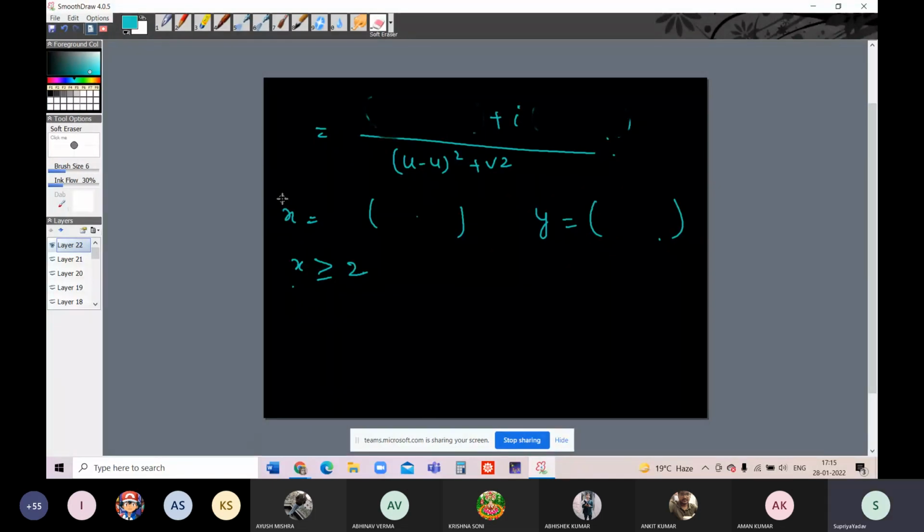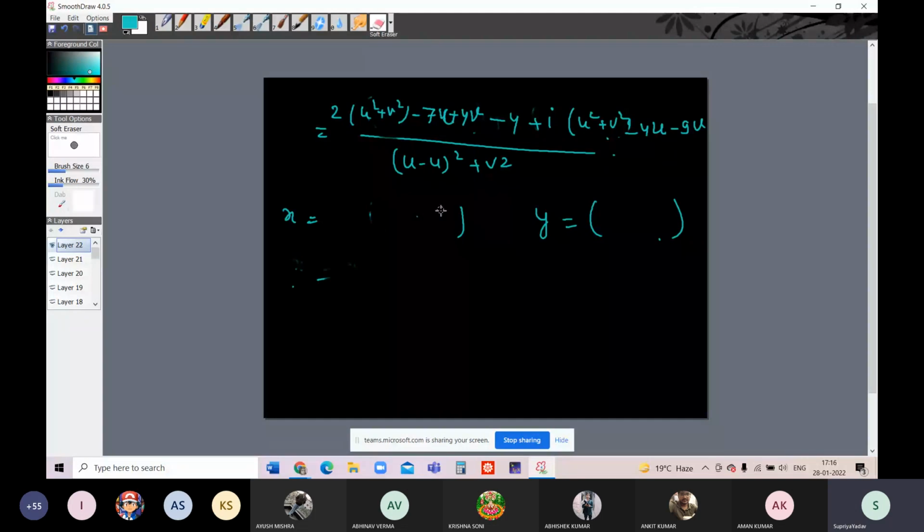We will get 2(u² + v²) − 7u + 4v − 4. This is u plus iota times (u² + v²) 4u − 9v. So x will be